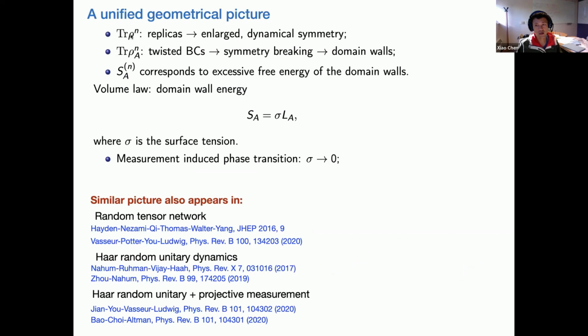So we treat this trace row n. Here we take n equal to 2. It's a purity. We compute this in the replicated space, and there we can show that the entanglement phase transition maps to an emergent enlarged symmetry, and the entanglement transition maps to the symmetry breaking phase transition in this enlarged